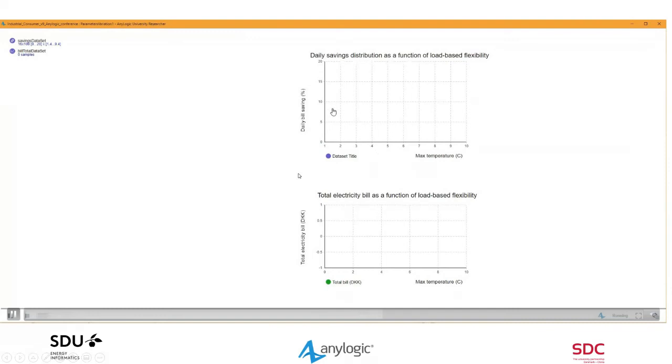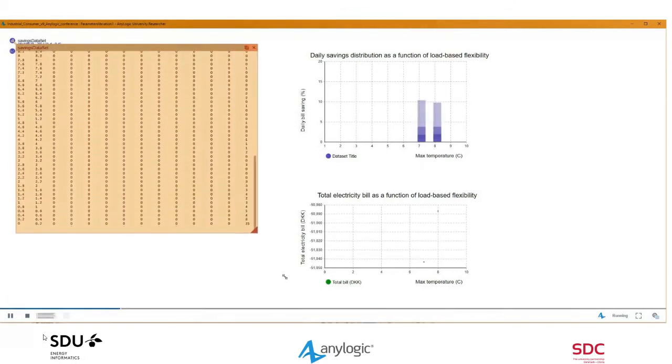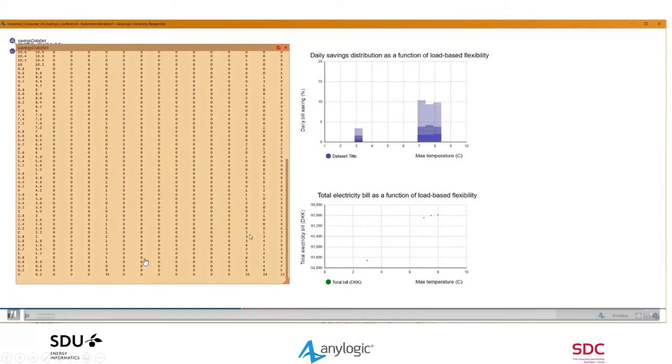And so this just uses a 2D histogram plot to show the frequency distribution of savings for each of the days. And so you'll see here as the parallel runs, you don't have to wait for one simulation to be done to start with the next one, which is quite a nice feature of AnyLogic. And here we see the results coming in one after the other. The table's getting populated. And what we observe as an interesting result, for example, is that increasing your max temperature by half a degree will give you a certain amount of savings. But then the more you increase, the less and less marginal benefits you get out of it. So there's kind of a saturation effect.